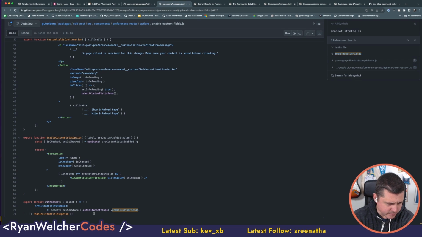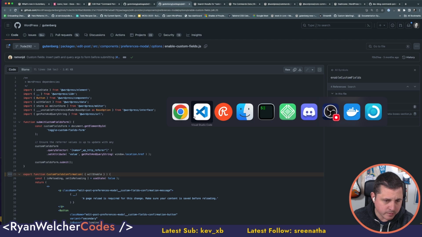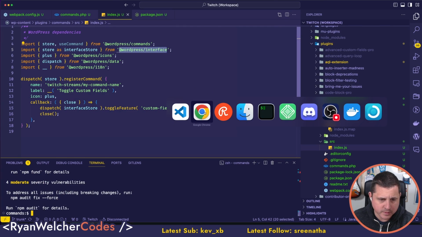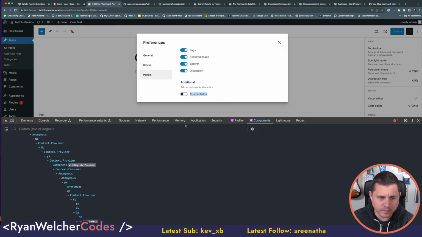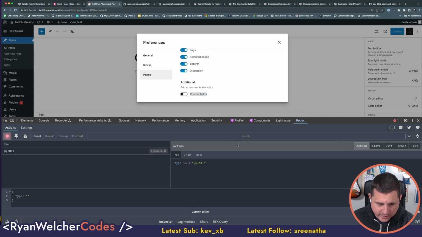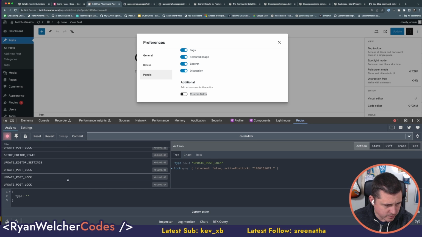So get editor set. So maybe it is enable custom fields. So maybe editor store. What does editor store come from? It comes from editor. Okay. So I think we could probably find where I am here. So I think it is editor, but this is editor, and